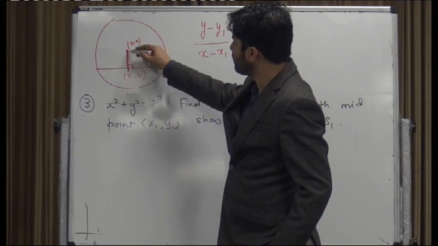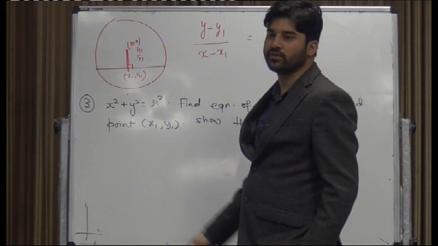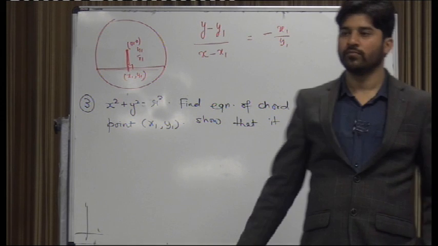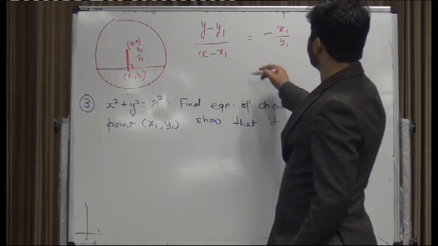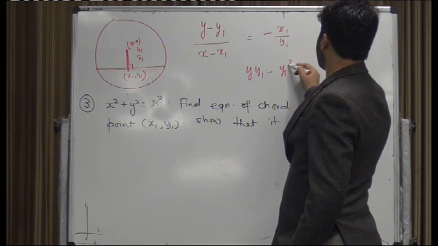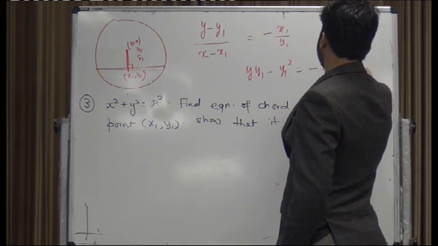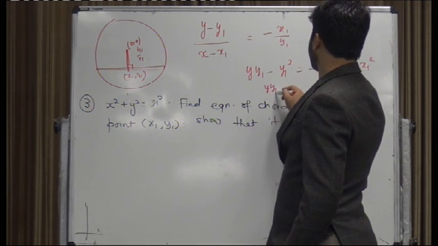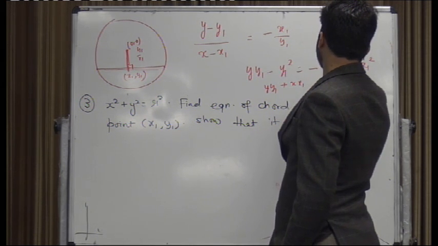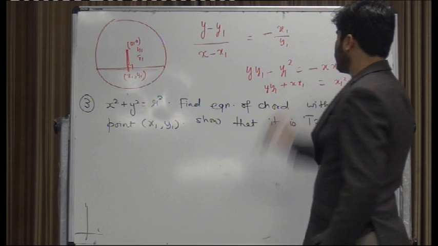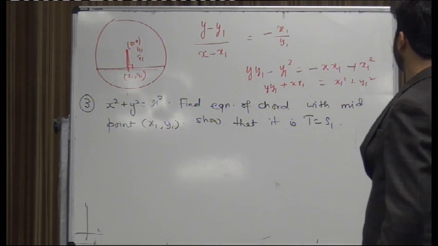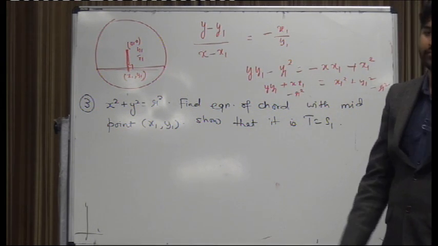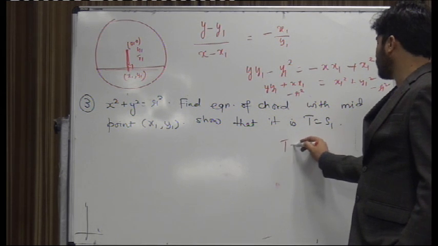What will be its slope? y1 by x1. So what will its slope be? Okay? So it would be y1 minus y1 square is equal to minus x1 plus x1 square, which would be y1 plus x1 is equal to x1 square plus y1 square. I can put minus r square here and I can put minus r square here. This would become T is equal to,